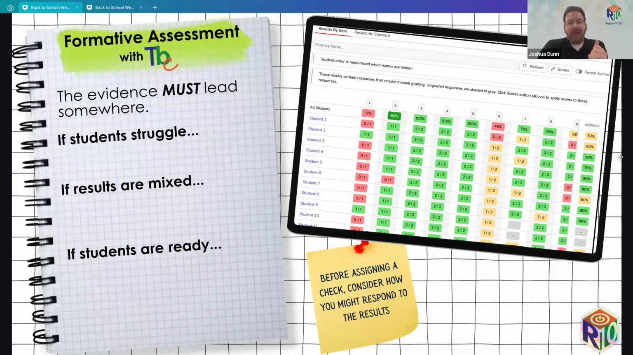So when we talk about planning, what do you want to do with the results? We don't know exactly what students will show us, but we should know the possible instructional pathways. So that's that building piece of it. If a student struggles, we may need a whole class clarification or reteach. If the students are mixed,